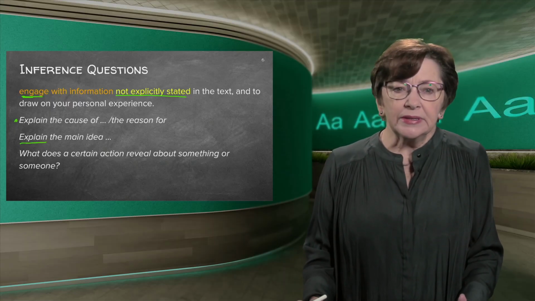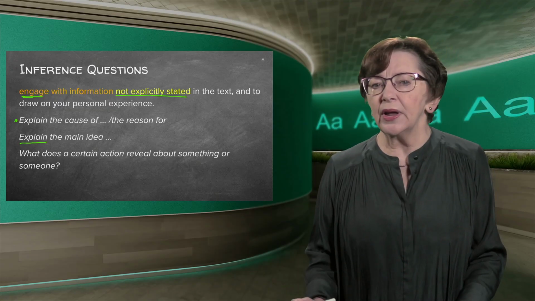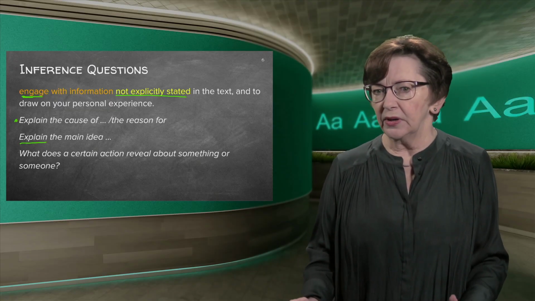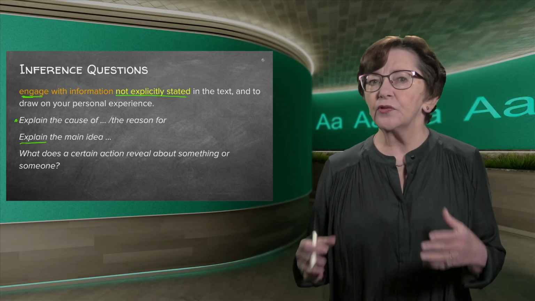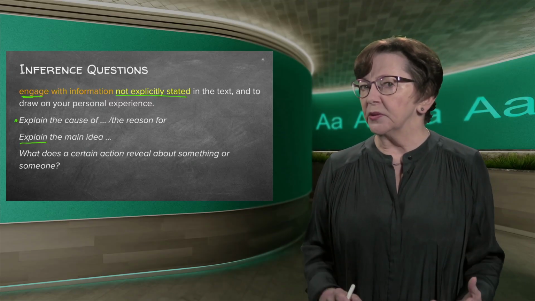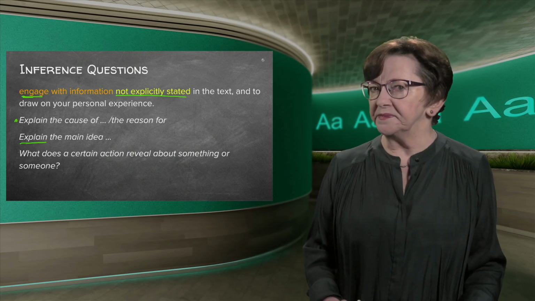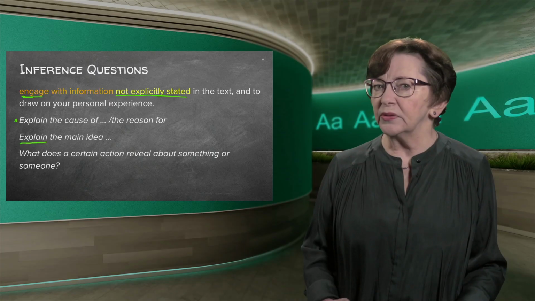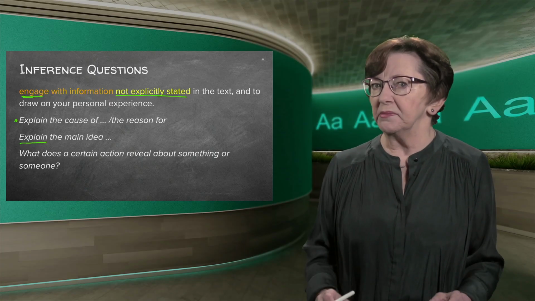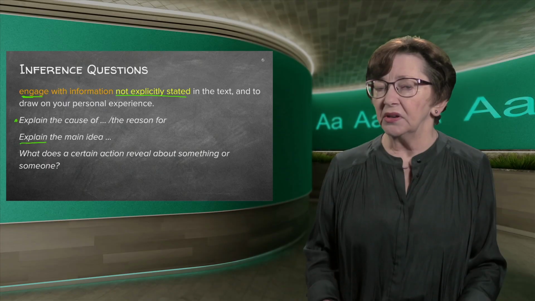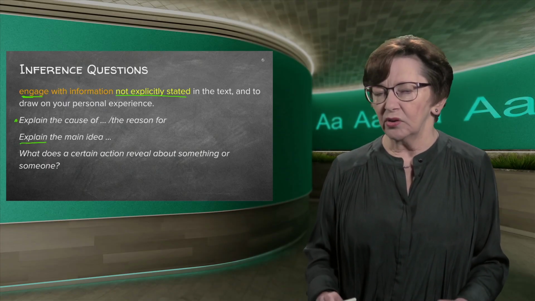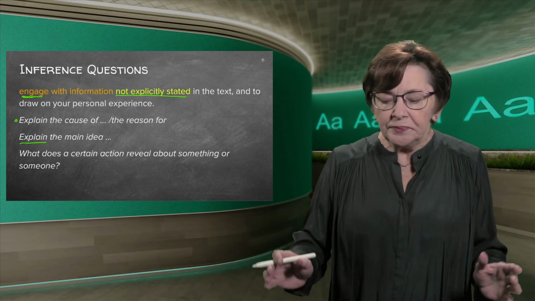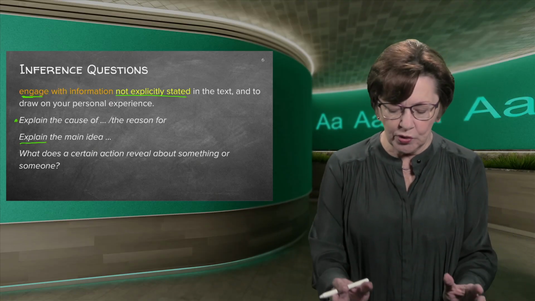You can, for instance, get this question: what does a certain action reveal about something or someone? Or what does a facial expression, the girl's, reveal about her inner state? It reveals that she is feeling irritated, and why? Because she's looking at him not in a very pleasing way, etc. Whatever you want to give as an example. But you infer, right, from what you have in front of you.